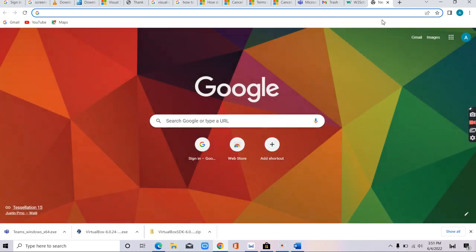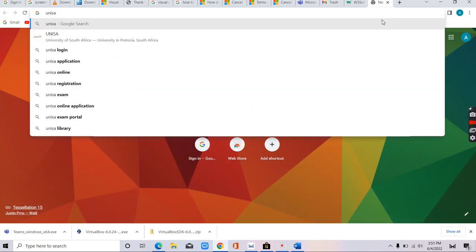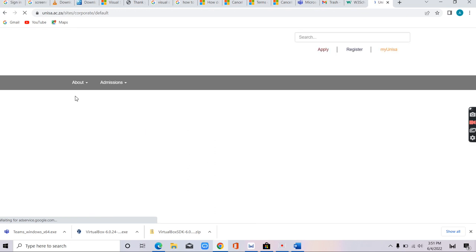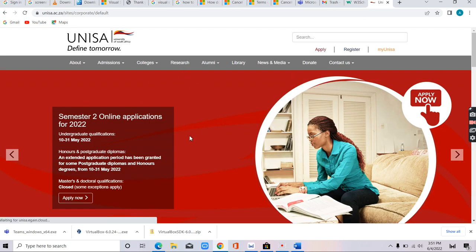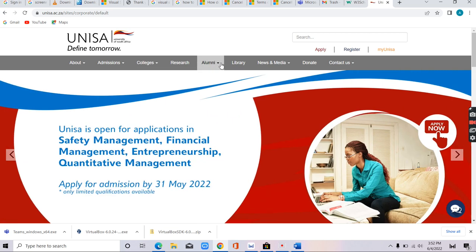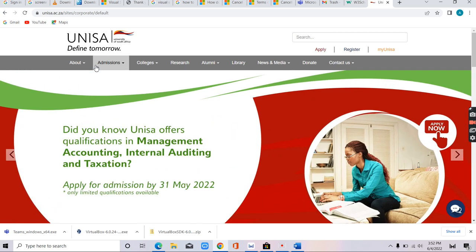Now you check on this website, UNISA. We go to the UNISA website. So whatever you see here, the links that you see over here are all HTML5 links, meaning that they are static. They're not dynamic. If they're dynamic, it means they are written in Python or PHP or other interactive languages that